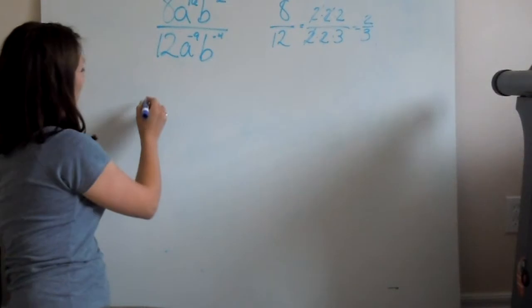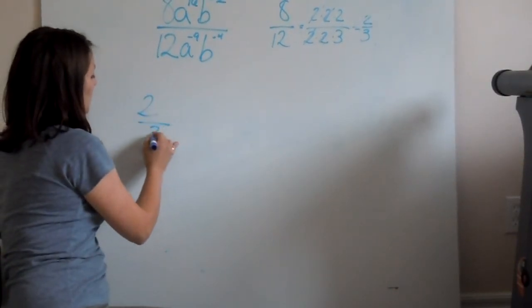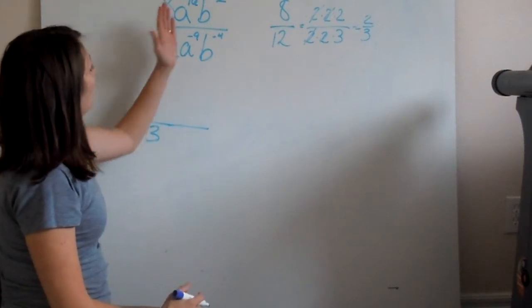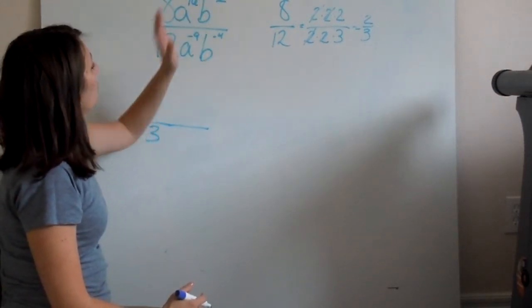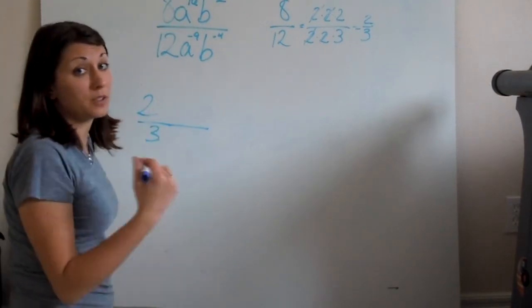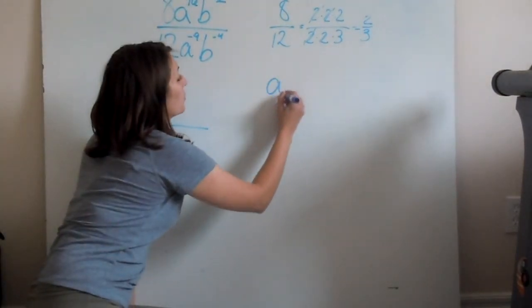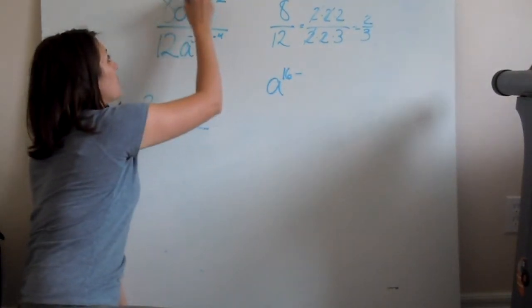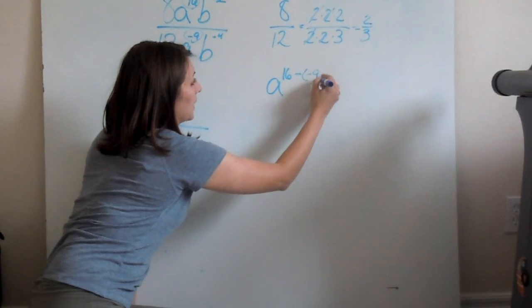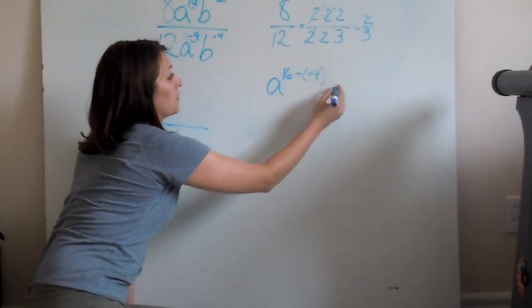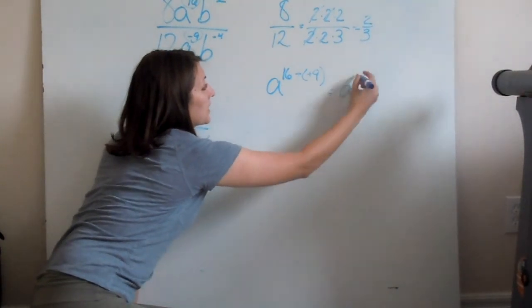So I know that in my answer, I'm going to have at least 2/3, and something for a and b also. Now when we have a and b, we have two a's, one on top, one on bottom, and we both have exponents. We need to subtract those exponents to combine them. So we use the quotient rule. We have a to the 16th, minus a negative 9. When we have minus, minus, we do plus plus. That gives us a to the 25th